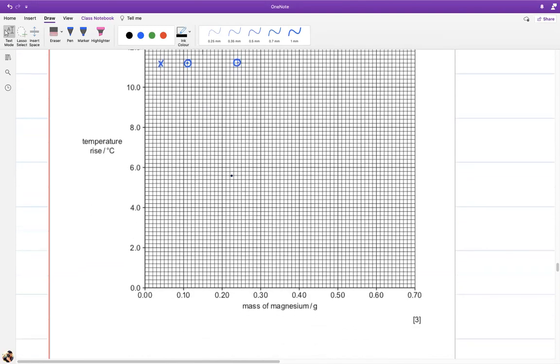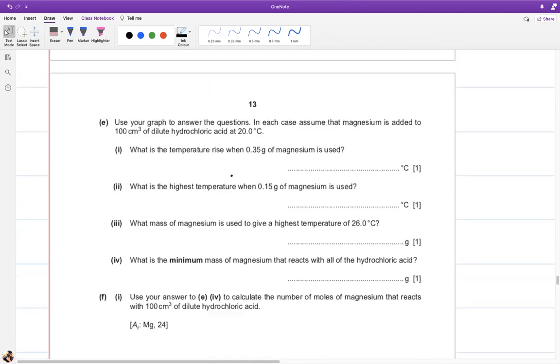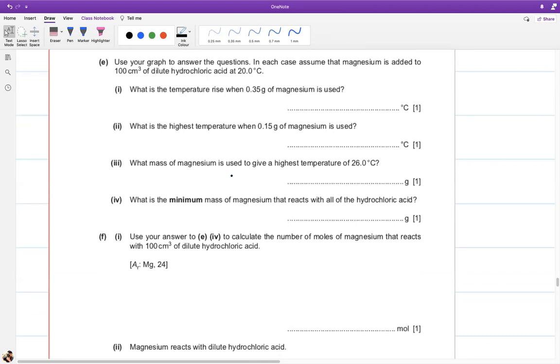आप वो पेन यूज कीजिए जो रिमूव नहीं होता है। Alright, these values, what is the temperature rise when 0.35 grams of magnesium is used? आपको वो एक एक्सिस की वैल्यू दे रहा है, दूसरे एक्सिस की वैल्यू पढ़ाना चाह रहा है आपसे, आप बता दें। इसी तरह अगले में वो कहते हैं 0.15 पे क्या होगा, ग्राफ बनाया हुआ है, 0.15 से देख लो। अगले में वो आपको टेम्परेचर की वैल्यू दे रहा है, आपसे मैथ्स की वैल्यू मांग रहा है, फिर अब उसने वाई एक्सिस दे दिया, एक्स एक्सिस मांग रहा है।